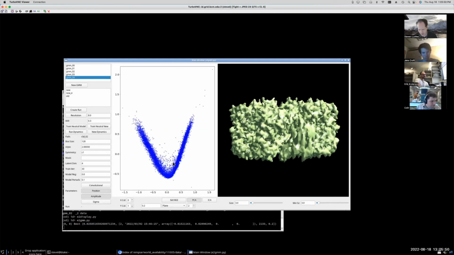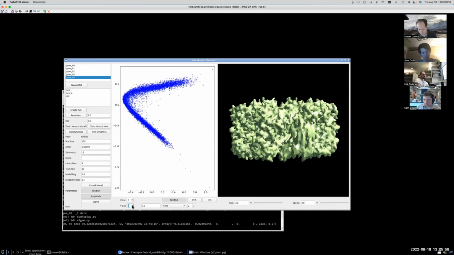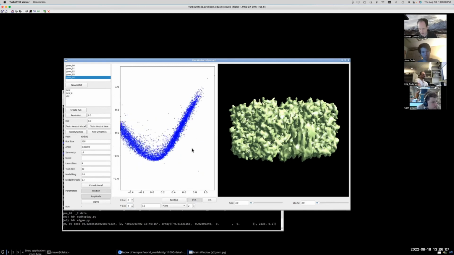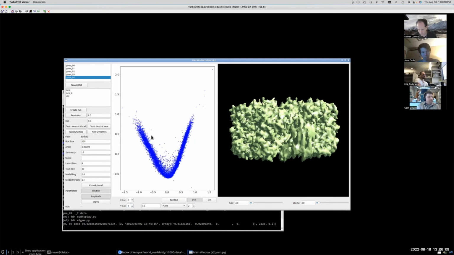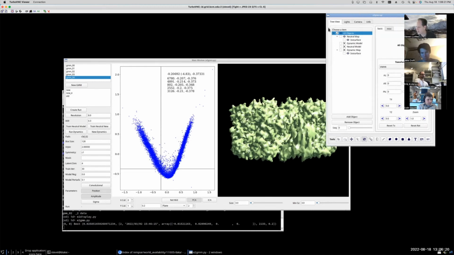So we can do the PCA or not do the PCA. You can see that it's a similar kind of shape here. If we look at 0 versus 1, or 1 versus 2, or 2 versus 3, there's 2 axes of stuff going on here. Now what I can do is put my mouse down here. I have my mouse in plane mode here. I can put my mouse down here and I can drag it. Now I don't see anything because we haven't turned on